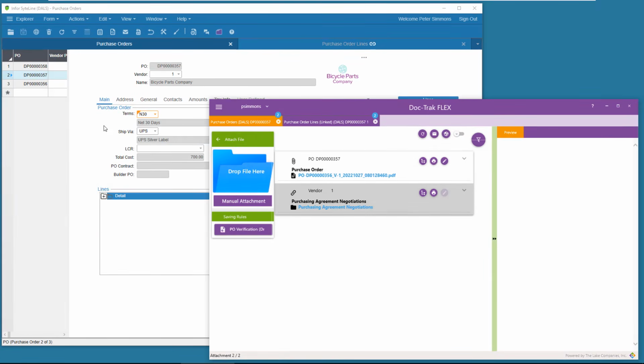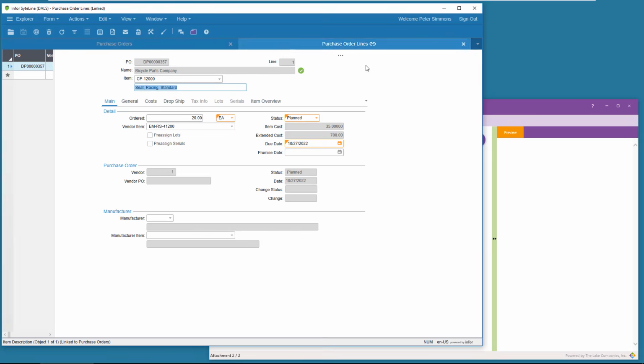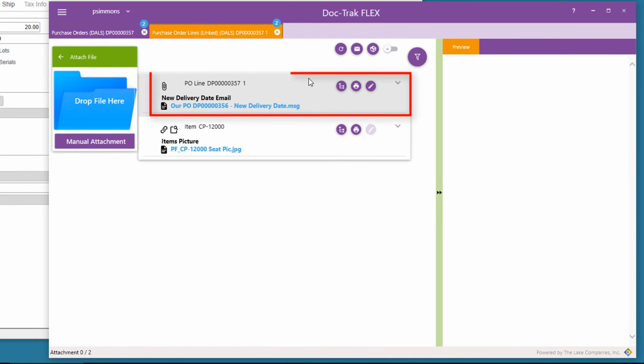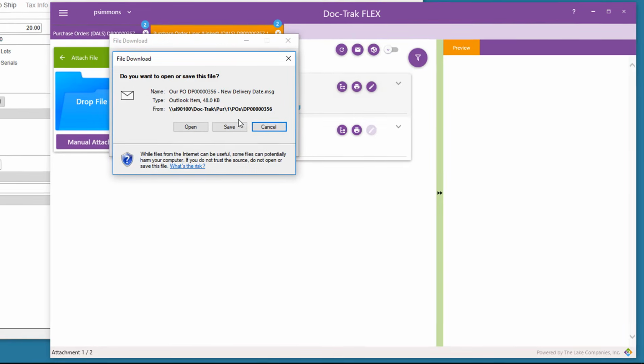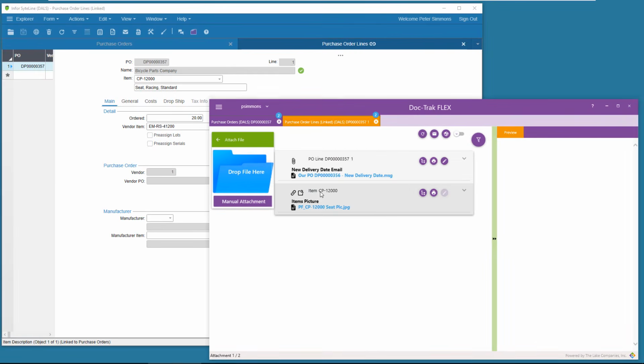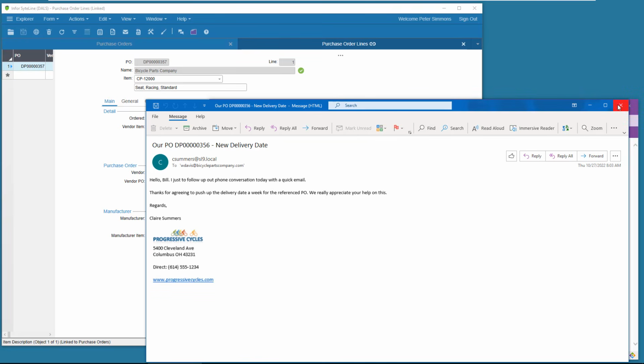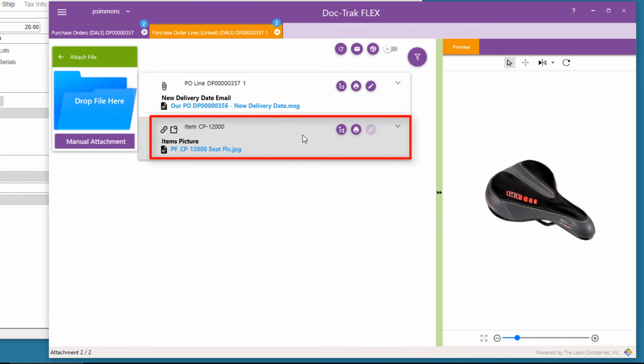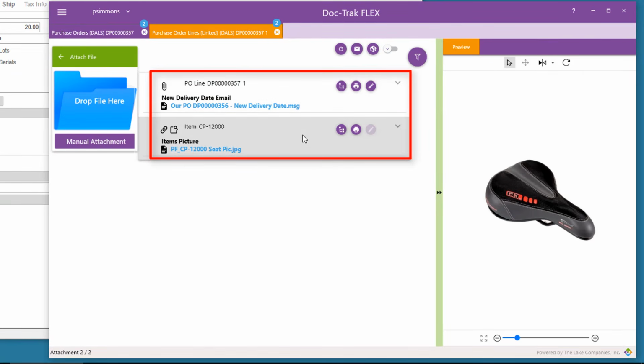Now let's take a look at the PO line. And we see 2 of them here as well. The first is the direct record of the confirmation email, and the second is a virtual attachment from the item pictures rule. It has all of the attachments of the original.